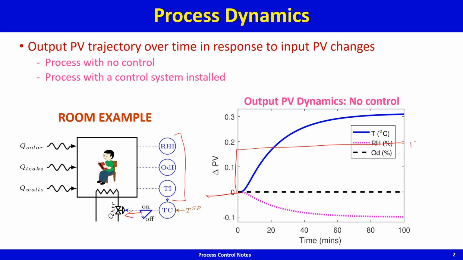This is 1%. In response to this change in the heater duty, room temperature will increase, and because the air has gotten hotter, the humidity will decrease because the air will be drier because no water has been added to it. It contains the same amount of water as before, but now is hotter, so it will appear drier. So in response to this step change,